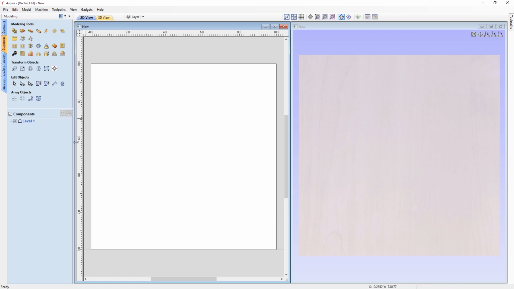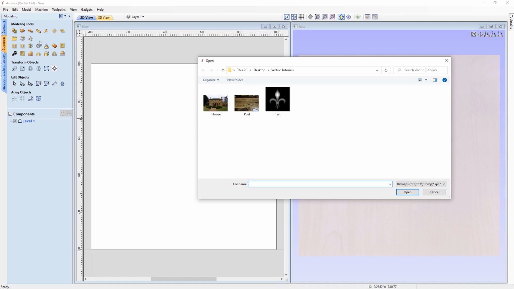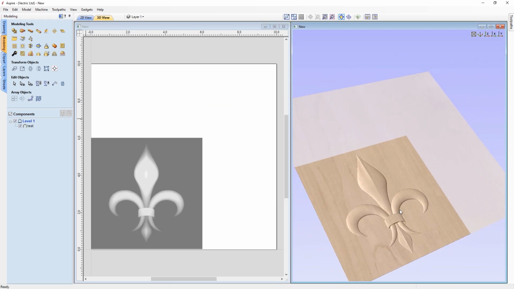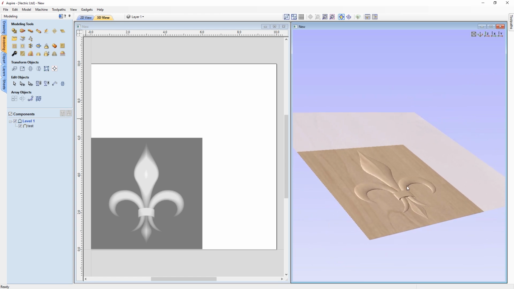Next, we're going to want to learn how to import a 2D bitmap and convert it into a 3D component. You can use this on a bitmap you already have in your project and use this create a component from the selected bitmap tool. Or you can use this to actually import a bitmap directly as a 3D component. This works best with 3D grayscale height map images, which you can see here in the open window in front of you. If I import this and just click open, you'll see that a 3D image has been imported and